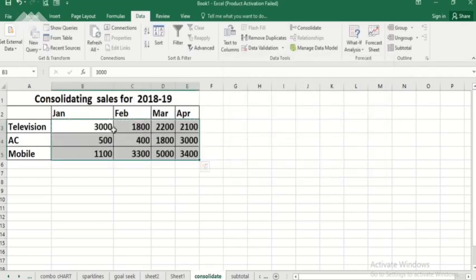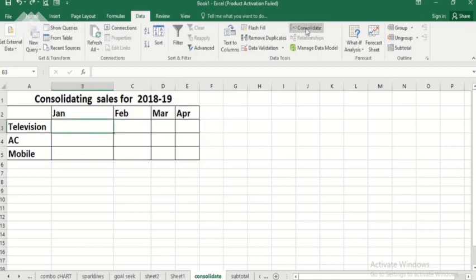When I click on OK, see here in my consolidate list, the sum of data from sheet 1 and 2 will automatically appear. You can see here, this is sheet 1 2000, here it is sheet 2, and here is my consolidate data. Okay, that is how we are going to consolidate data. Let me undo it, and let's understand if we want to have some other function.